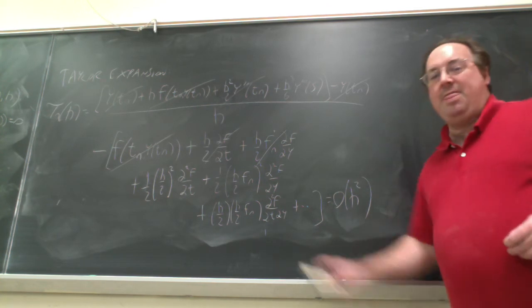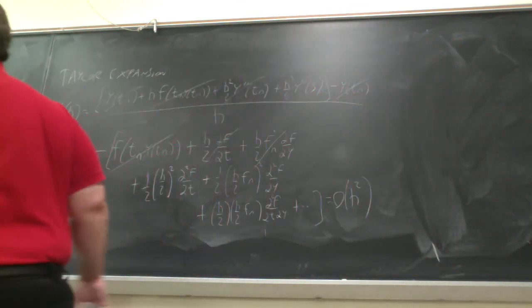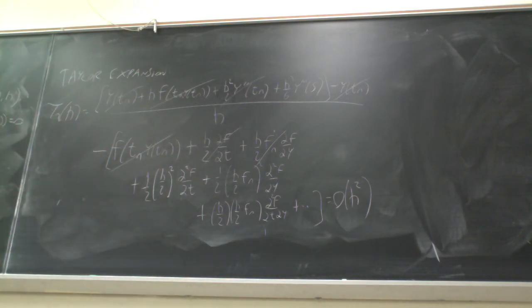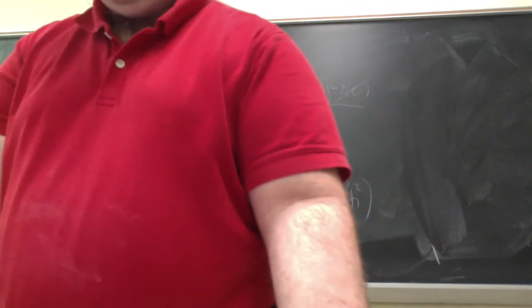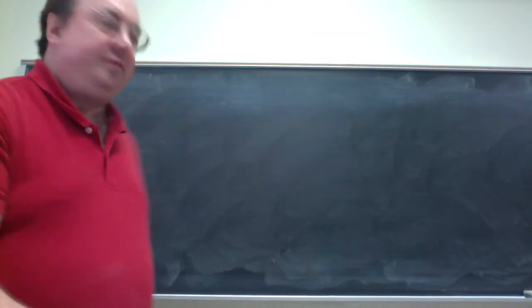Okay. Now, the other thing to check is stability. Now, at least there, it's a binary thing. It's yes or no. Yes, it's stable, or no, it isn't. Manipulation is not quite as nasty. And for one-step methods in particular, it's easy to state the condition for a one-step method to be stable. All right. So stability